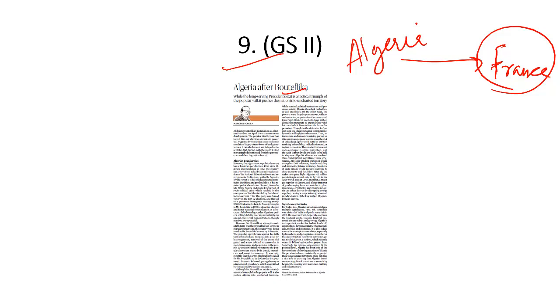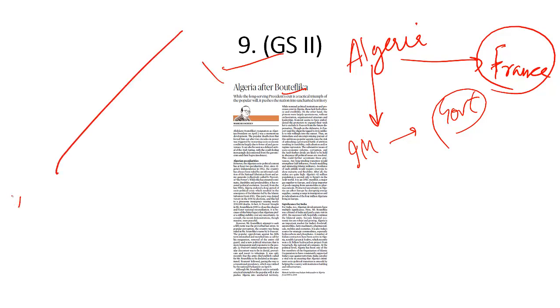But then there was also a civil war in Algeria between the Islamic militants and the government of Algeria. And then in the 1990s, Abdelaziz Bouteflika became the president of Algeria, and within 3 years, this civil war was brought to an end and economic reforms were implemented in Algeria. But there were allegations against Bouteflika that he was working in a dictatorial, authoritarian manner. There were protests in Algeria, and these protests forced the resignation of Abdelaziz Bouteflika as the president. But what is the link of what is happening in Algeria with India?